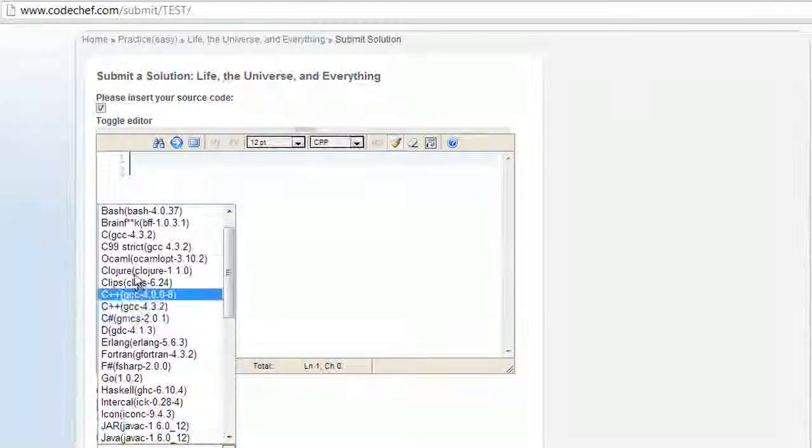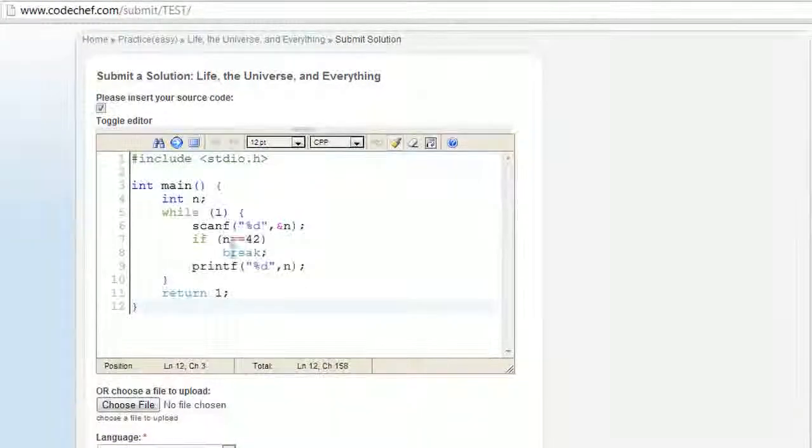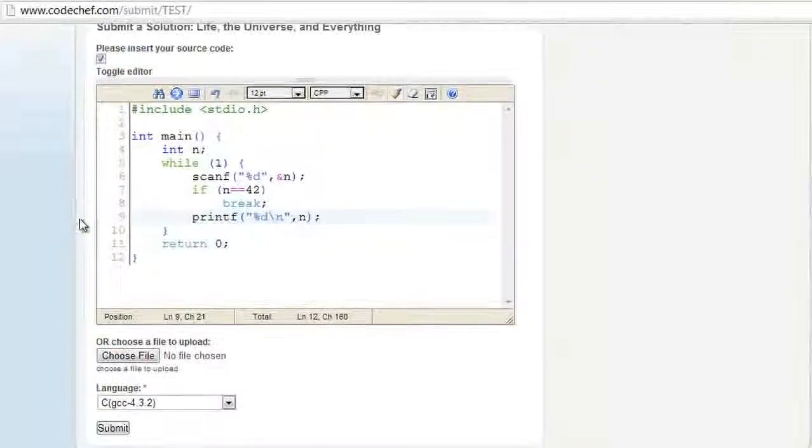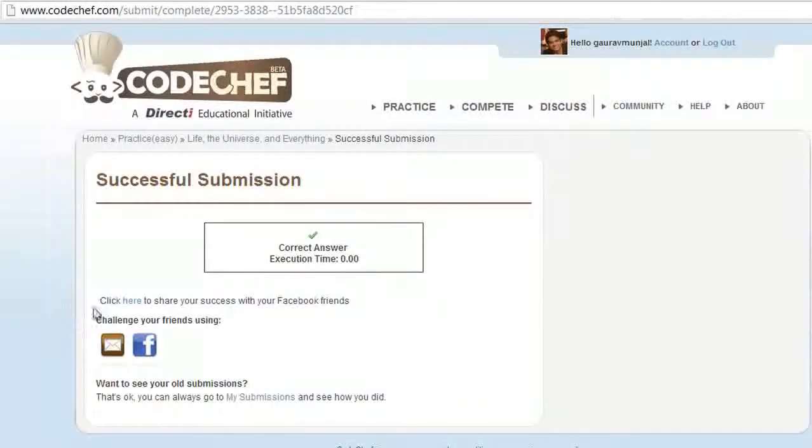I'll first select the language, which is C. I'll paste the code. I'll make this return 0. And I'll just add a new line character at printf, and I'll try to submit the code. Finally, we have got a correct answer,